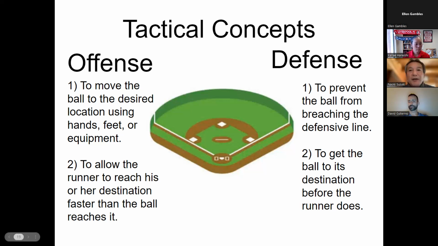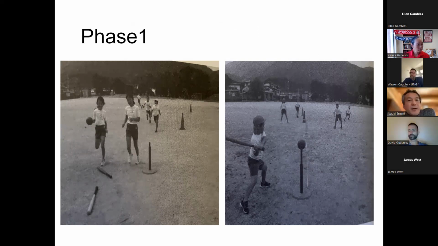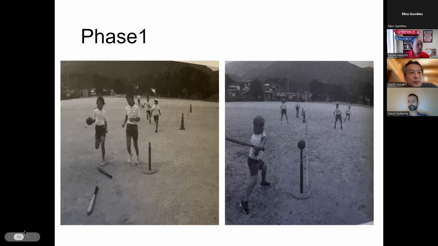Next slide. In phase one, the attackers use simple delivery methods such as hitting, throwing, kicking, and rolling to make time to deliver the ball and advance, while the defenders compete to get the ball to its destination faster than the attackers. Therefore, the tactical problem for the attacker is to determine how to make time to advance the base, and for the defender to determine how to cooperate to quickly get the ball to its destination and to properly demonstrate their skills to do so.